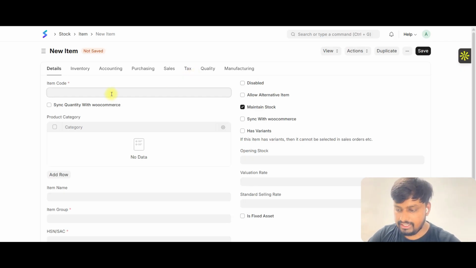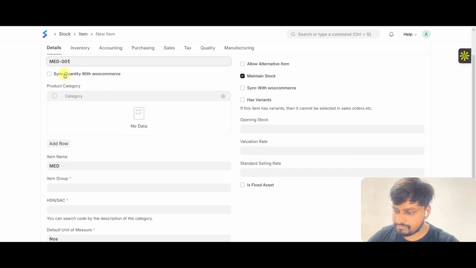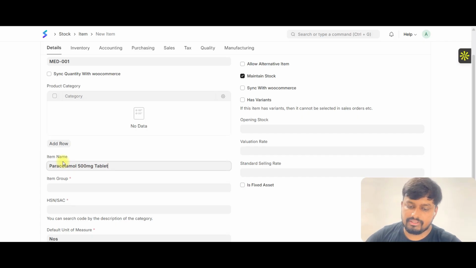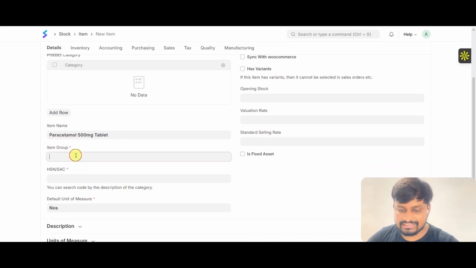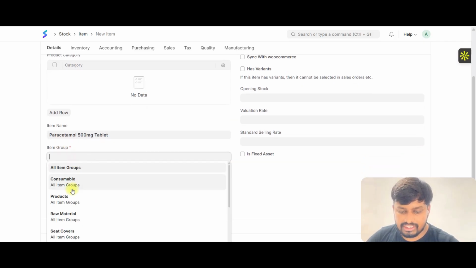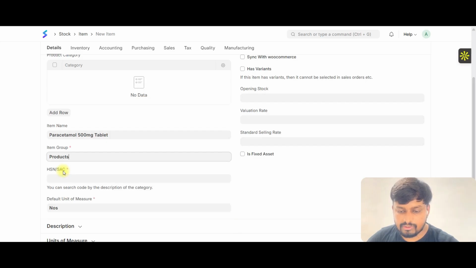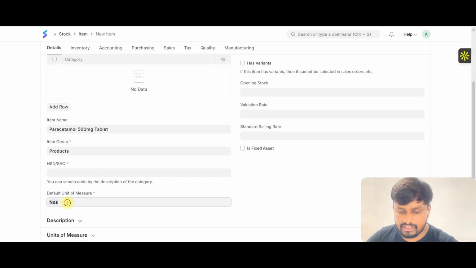To create that, I'll give an item code to that product, and inside item name, I'll write Para 500 mg. That is what I'll do. After that, inside item group, I'll assign this item group as a product, because this is my end product. Right? In terms of stock unit of measurement, I'll keep it as numbers for the time being,